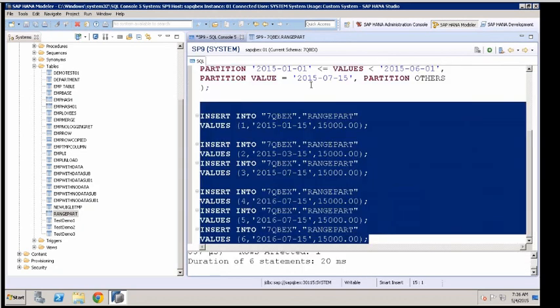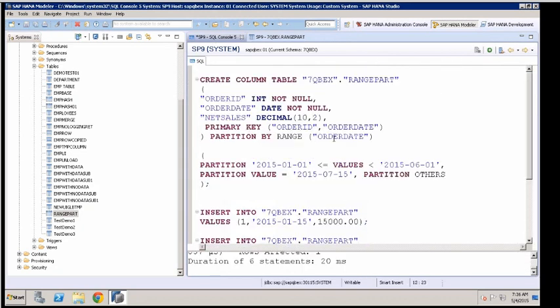See here, this table has got order date, but from the order date, I can derive another column saying month or year, and then partition on that column, month or year. Got the point?